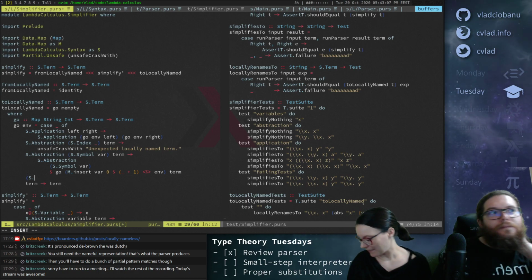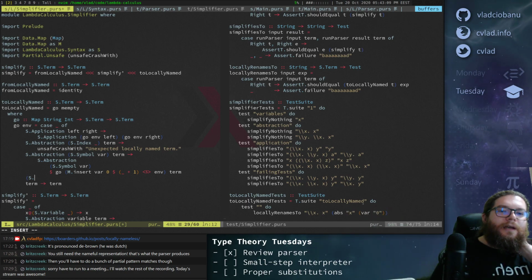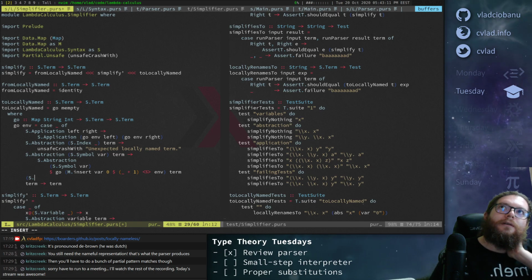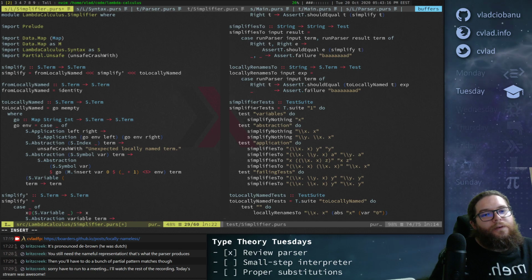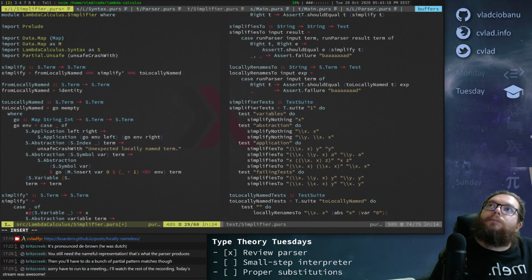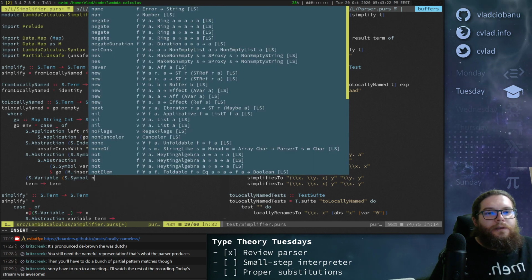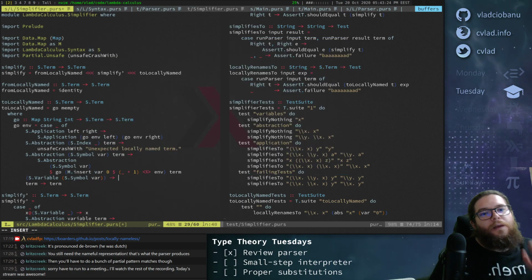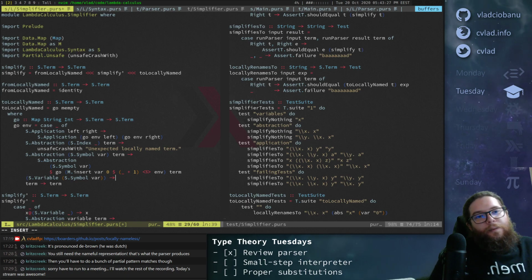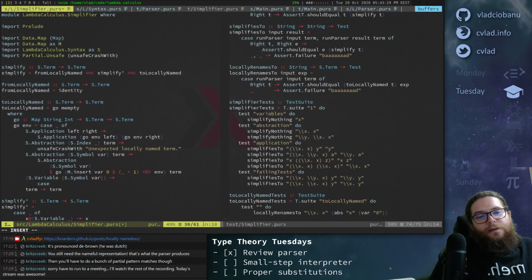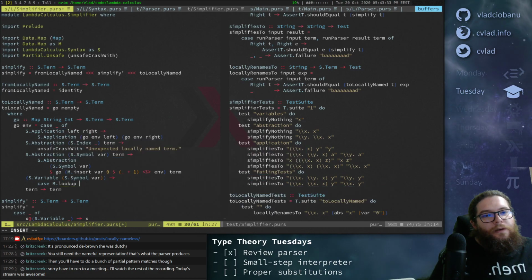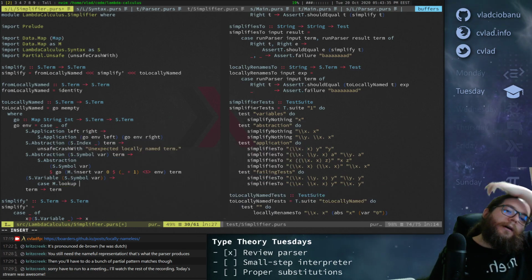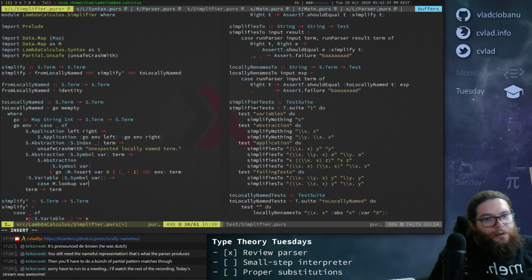Okay. So if we have an s dot variable of s dot symbol variable name, in that case we need to look it up, right? So case m dot lookup. So we're looking up the name.